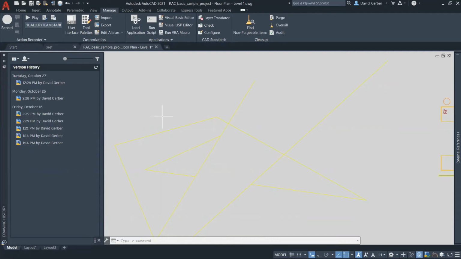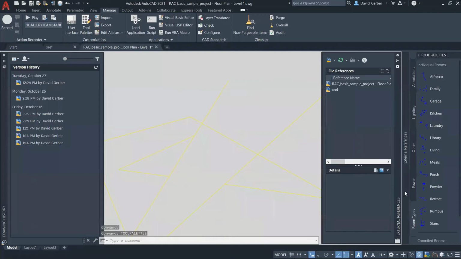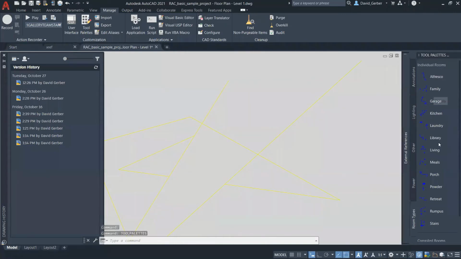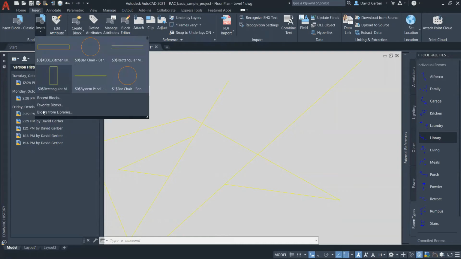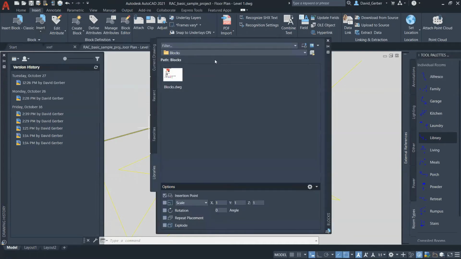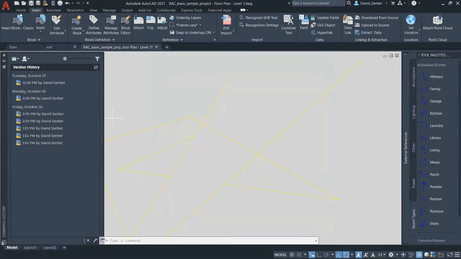Tool palettes are also relatively new. 2020 had it, and then 2021 also has it. So I'll just quickly bring that up to show you guys. Again, we can have all these different tool palettes in here, and this just makes it easier to drag and drop the blocks. So whether you want to drag and drop them from here, or make it easier and drag and drop it from here. There is also, similar to what I just showed with those commands,